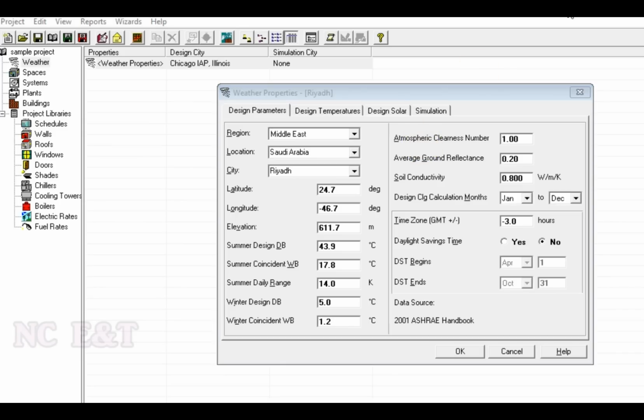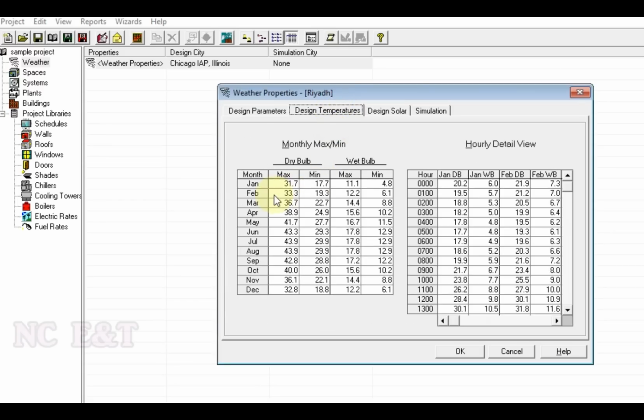See how it happens. Now we have selected the city Riyadh for the location of Saudi Arabia. If we see the design temperature, the maximum dry bulb temperature in the month of January is 31.7 and the minimum temperature is 17.7.